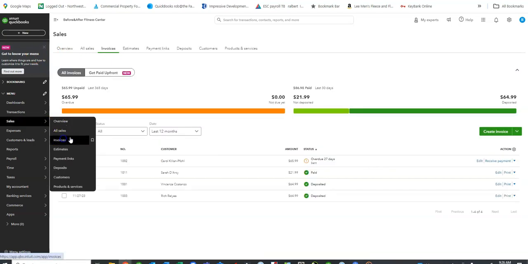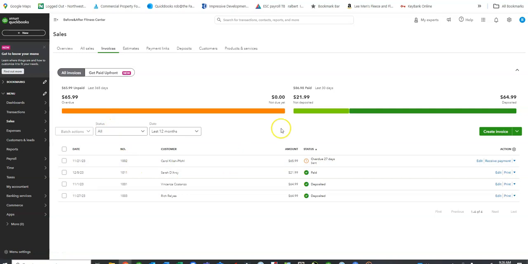And the other thing is invoices. You can click on invoices, and it'll show you all the invoices that were done. And you obviously sort it if you just want to see for the last month. But you can also see what's overdue. So this person here, 27 days ago, they were supposed to pay that bill, and they have not paid that